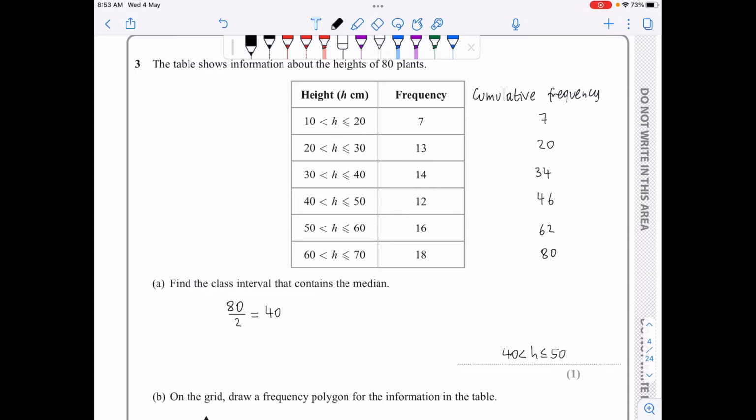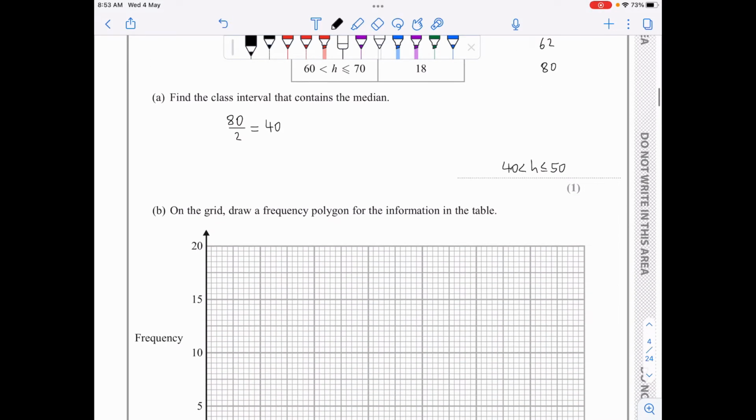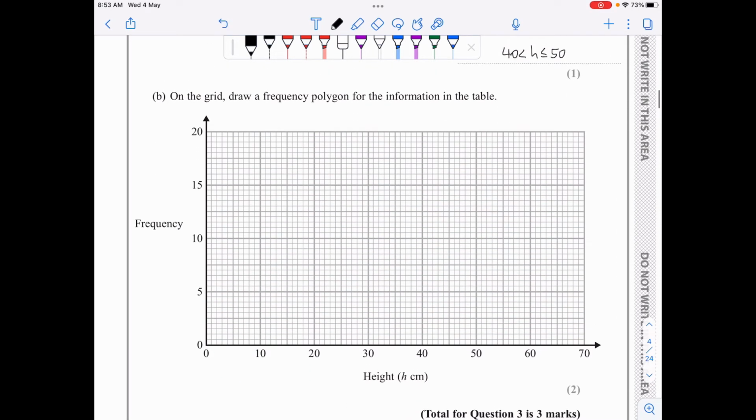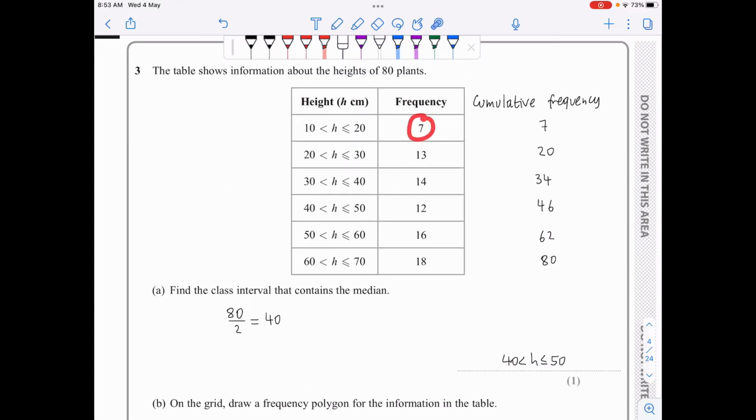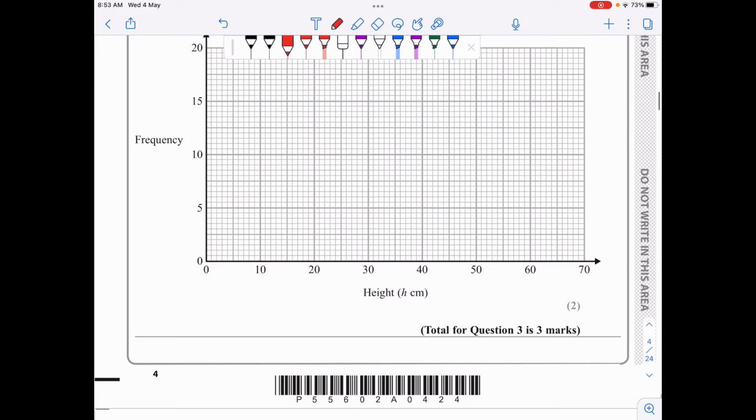And then part B, we need to draw a frequency polygon for the information in the table. We always plot the frequencies against the midpoints of each class. So the 7 here for the first class will be plotted against 15, the 13 against 25, and so on. So 7 against 15, then it's gonna be 13 against 25, then it's gonna be 14 against 35,